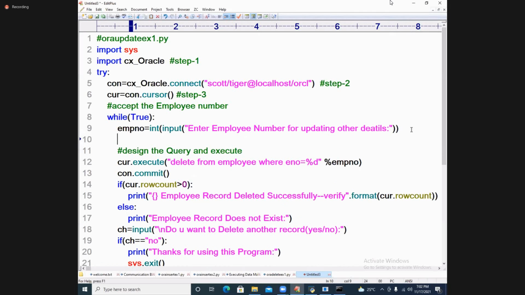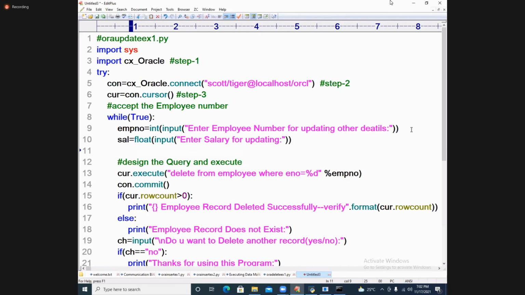Okay, employee number. Now I'm taking salary. Float. I want to update the salary of an employee. Float, input of, enter salary for updating. Okay. Next, I will take designation.